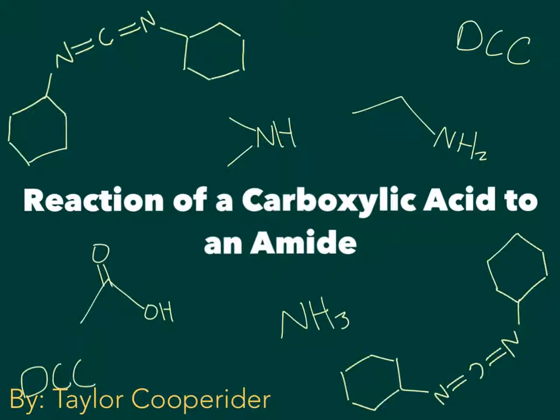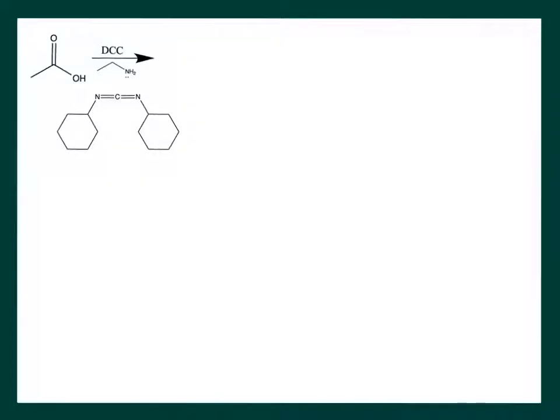For my video, I will be showing how a carboxylic acid can be converted to an amide by drawing the mechanism. So, when converting a carboxylic acid to an amide, an activator such as DCC, or dicyclohexylcarbodiimide, is used